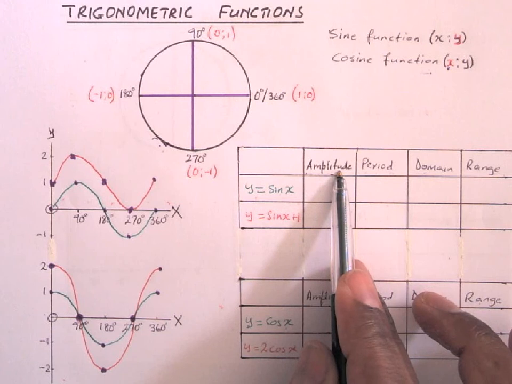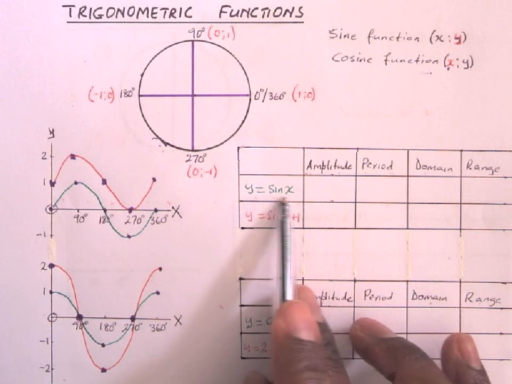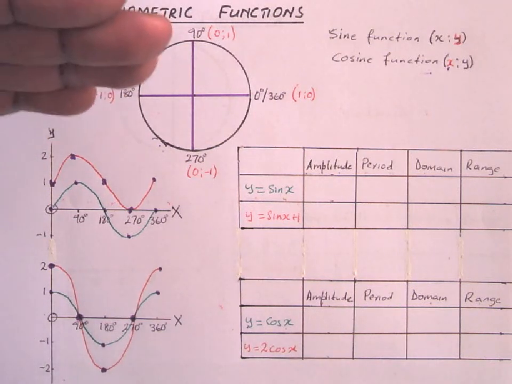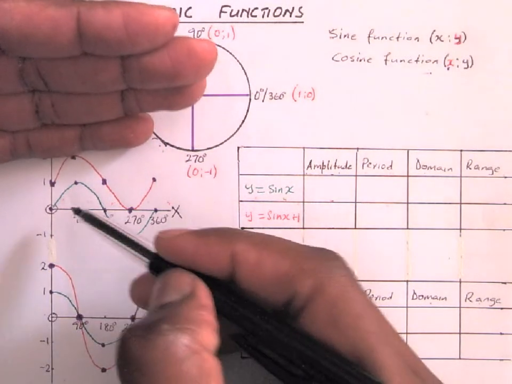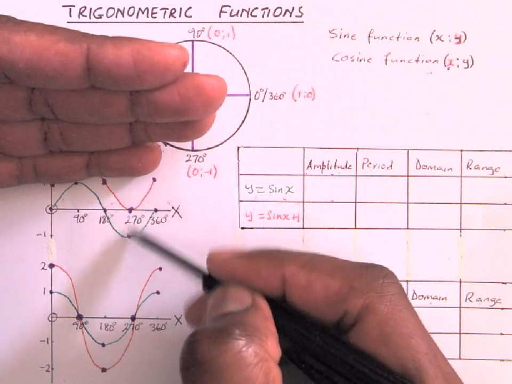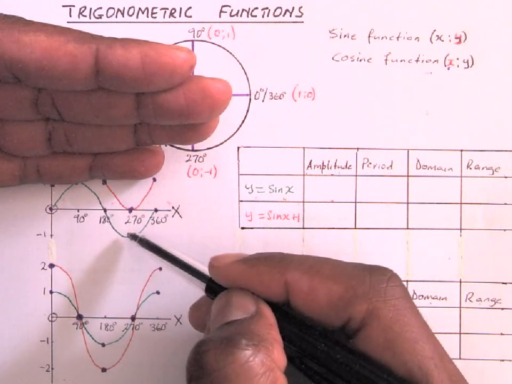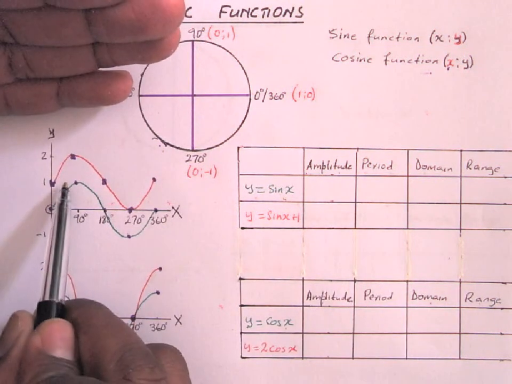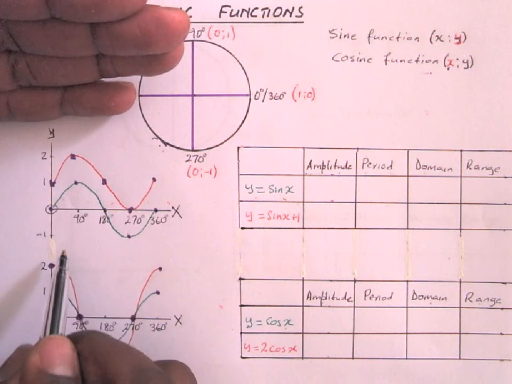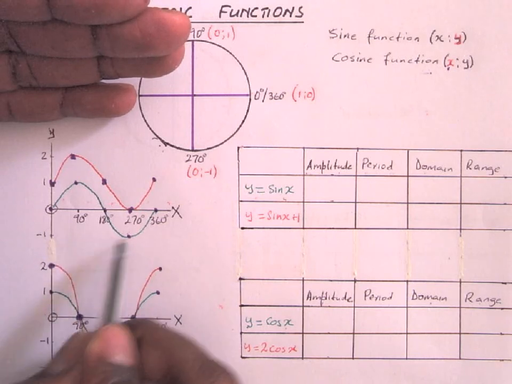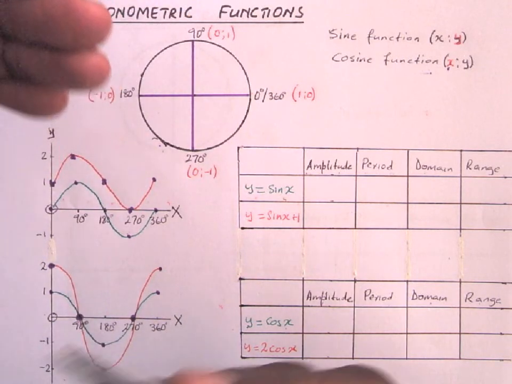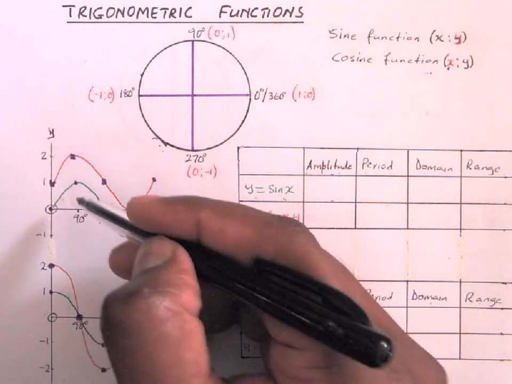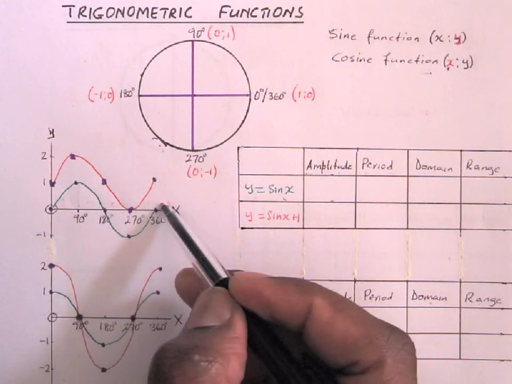What is the amplitude? For this green graph, let's look at the green graph. The amplitude is just the height the graph is reaching if it is in a standard form. But to work out the amplitude of the graph, you take the maximum height and add it to the minimum height and divide it by 2. That will give you the amplitude. In this case, to make things easier, the amplitude is just that distance over there from the rest position, which